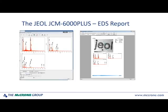The powerful EDS software allows for report generation and places images, spectral, and experimental conditions onto a Word, Excel, or